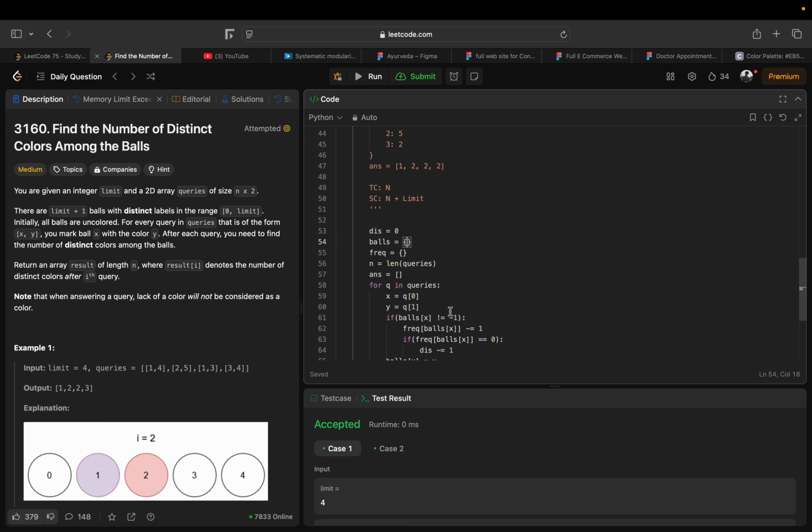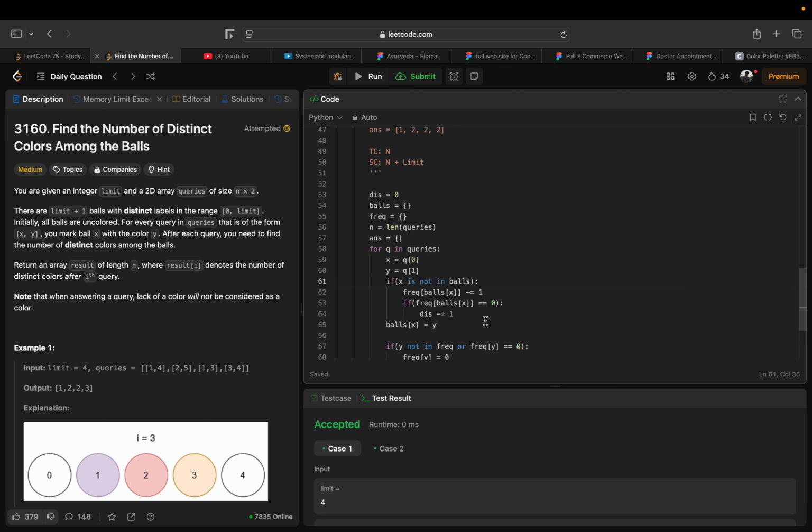So if x is not in balls, what you can do, if balls x is equal to y,